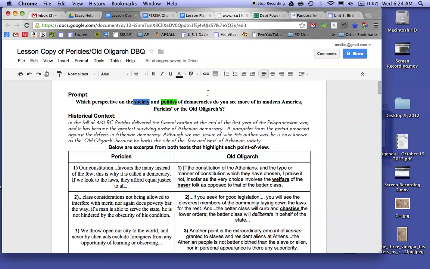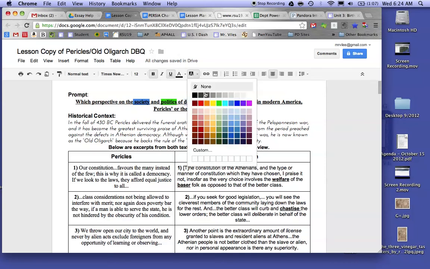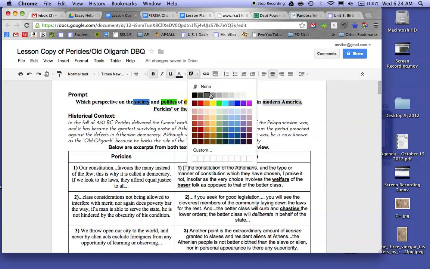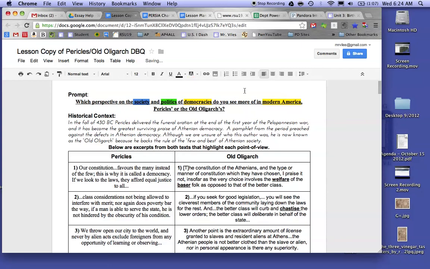And it's saying which perspective on the society and politics of democracies. Democracy is a major idea. I'm going to highlight that. Do you see more of in modern America? So, okay, what is this question really asking? It's saying, okay,